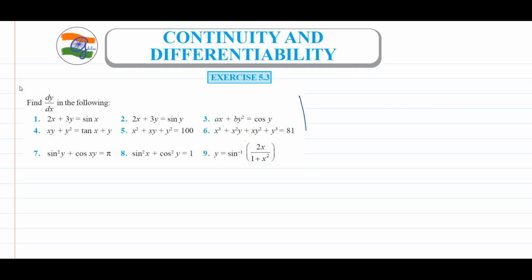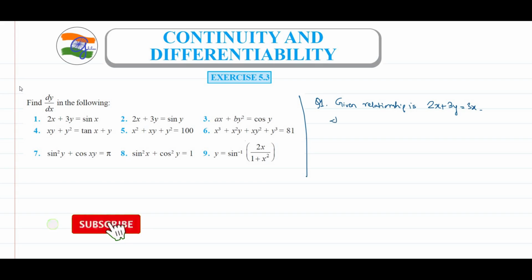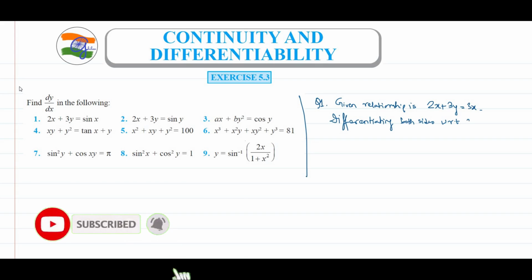So coming to question number 1, let us start from question number 1. The method, there is nothing specific. You need to differentiate both the sides and then arrange dy by dx on one side, and hence you will find it. Given, let us first write it in this way and then we'll be differentiating both sides with respect to x. We get,